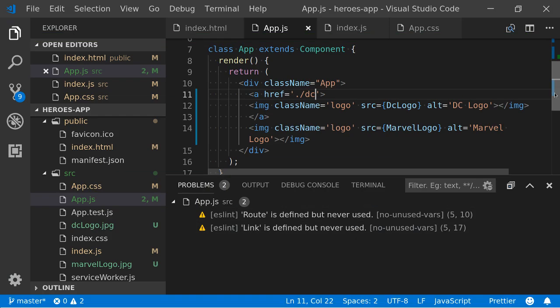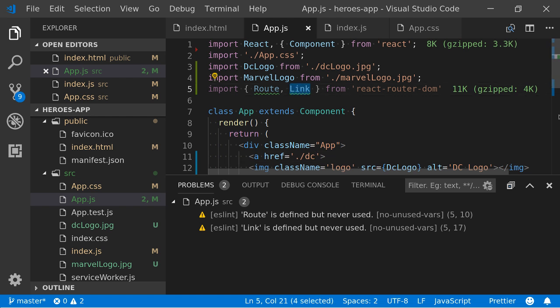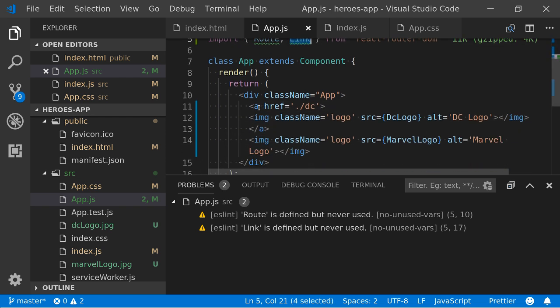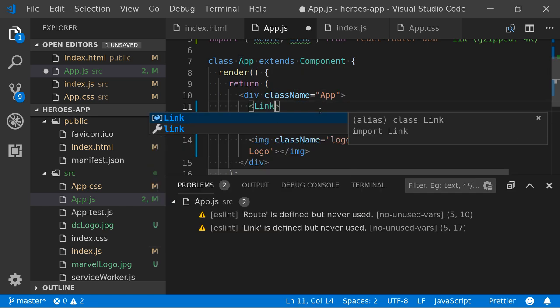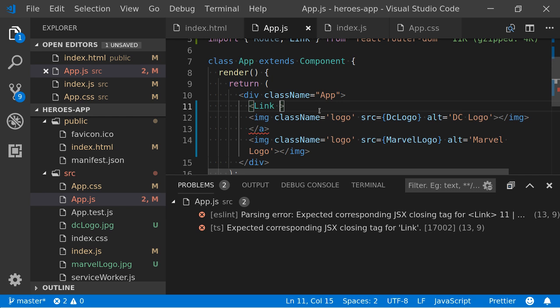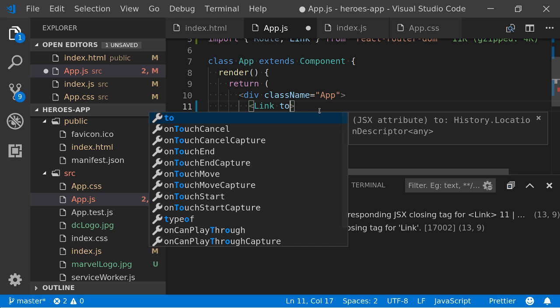Instead, we use our link. Yeah. So similar principle. We wrap it in a link. And the attribute for a link, I think, is to.